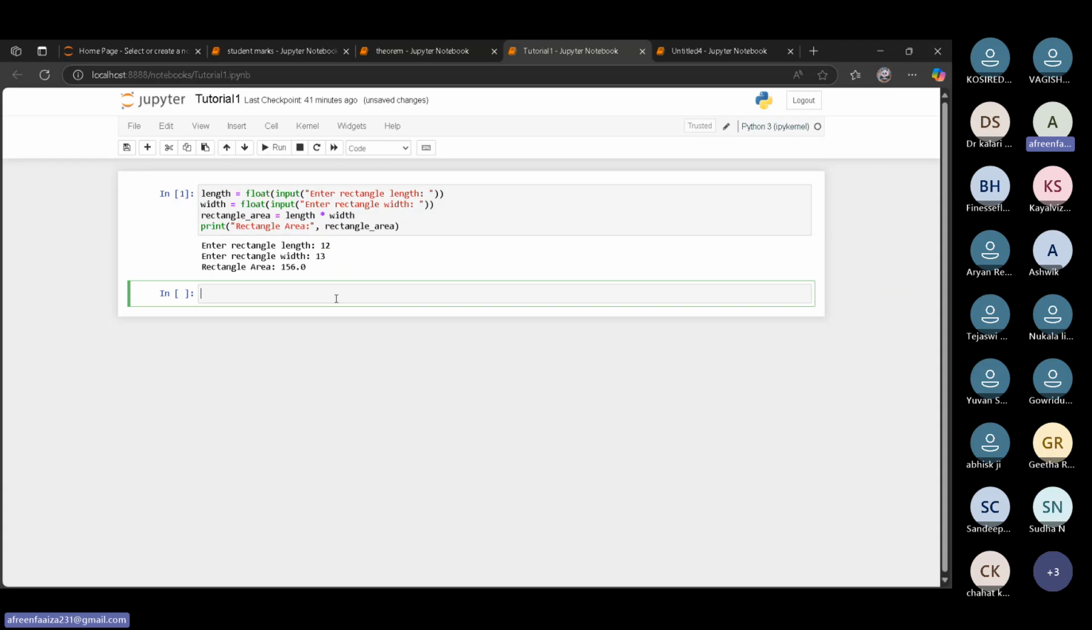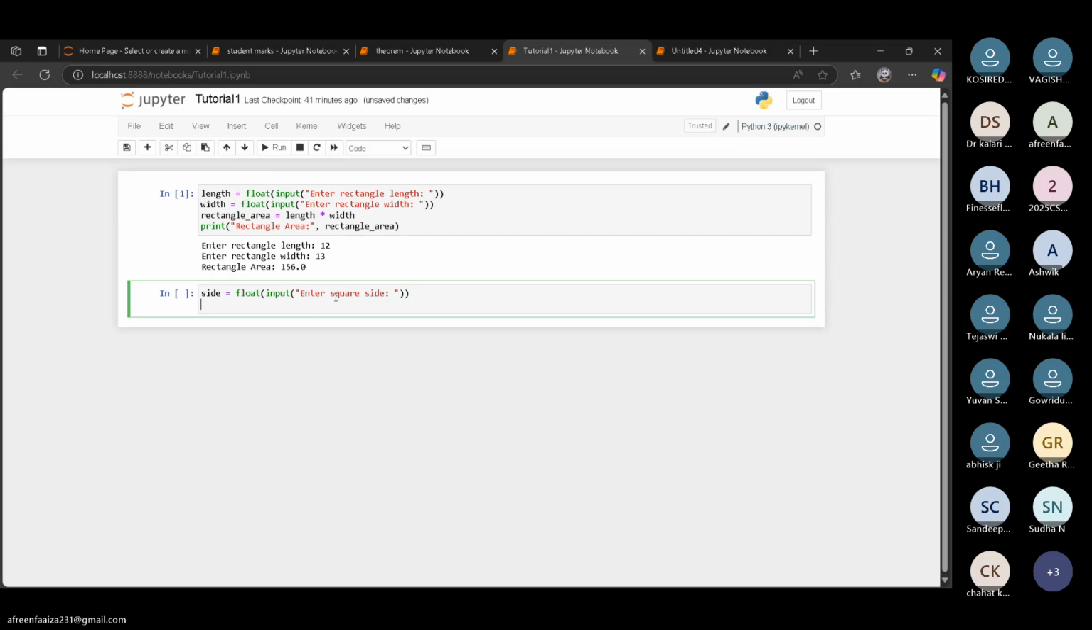Can anybody tell me how we can calculate the area of a square? Single input, ma'am. Just one side. Yes. Who is this? Aryan, ma'am. Okay, Aryan. So the same thing, we ask the user to enter the side length of a square. So enter square side. Okay. Then